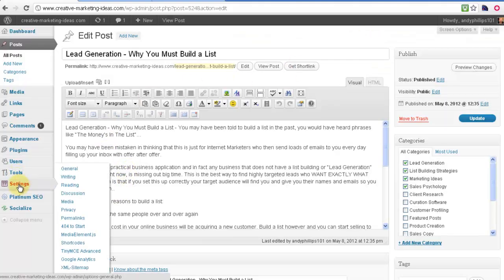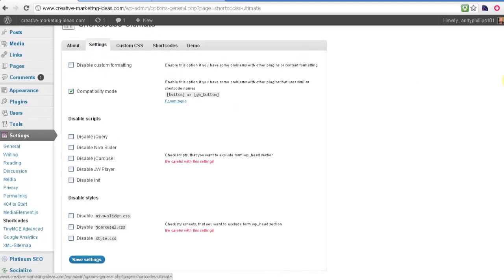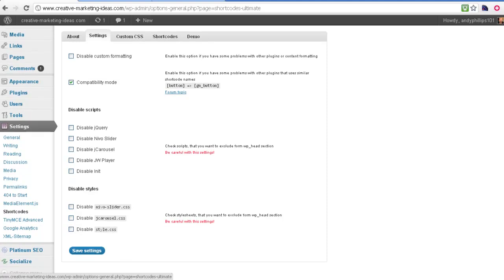If we go into the settings, once you've installed the plugin, we just go down to Shortcodes down here, and it will give us a page which gives us a bit more information about what the plugin does. It's got the settings, so you can actually set up your plugin. Now, what I tend to do is, because we normally have some other things like, for instance, media elements as well, which has a little shortcode of its own, and you'll find that some of the plugins you use actually use shortcodes already. So in order to be compatible